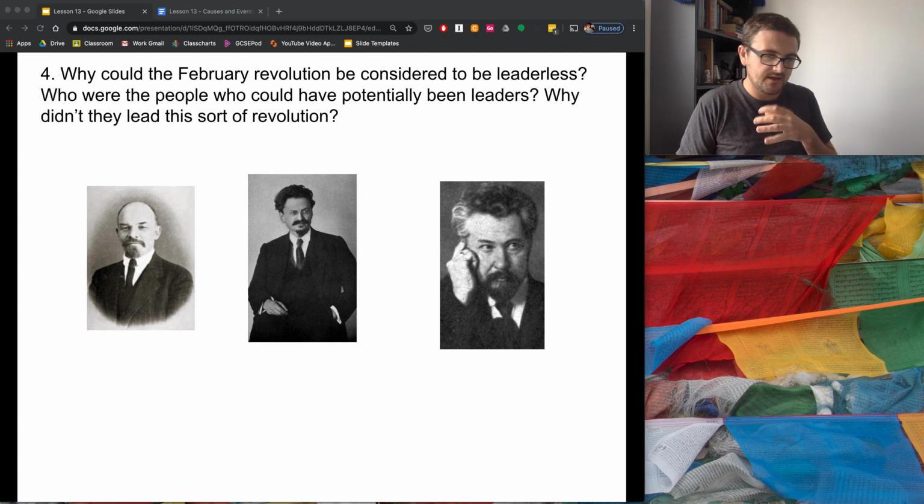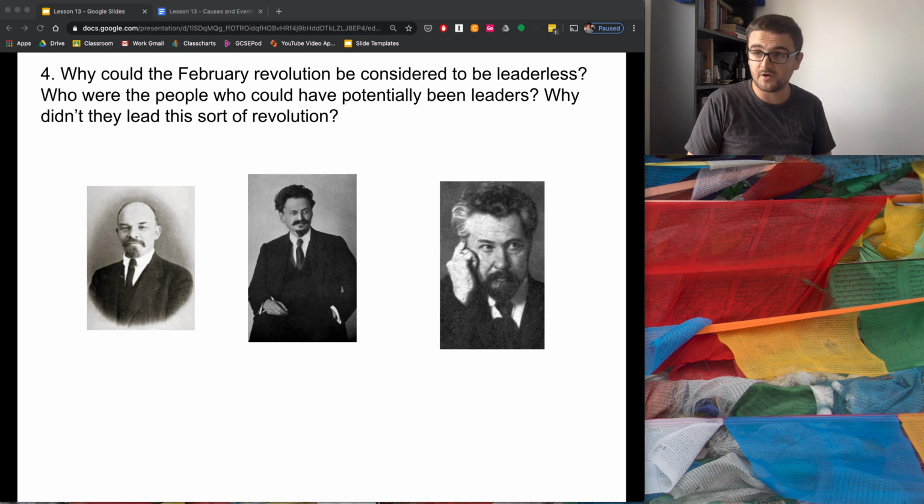Now, Lenin, if you look into him, and I've been reading quite a bit about Lenin recently, is somebody who has a long history, not just himself, but also in his family, of revolutionary action in Russia. In fact, decades before this, Lenin's brother had been executed for his role in trying to assassinate a Tsar. Now, Lenin was one of these left-wing leaders, somebody who wanted Russia to be a communist country. And because of his position as a left-wing leader, he'd been exiled from Russia, and he was living in Zurich at the time.